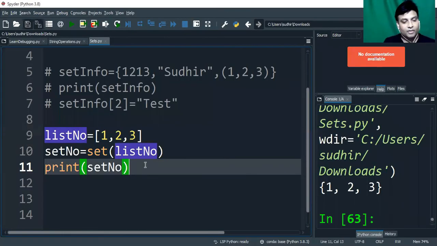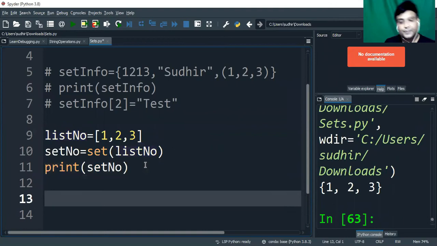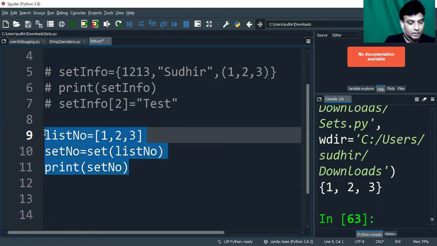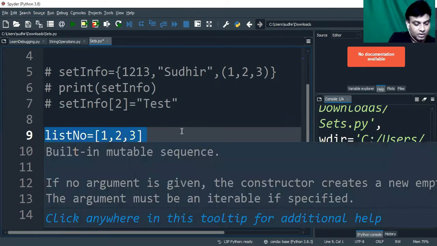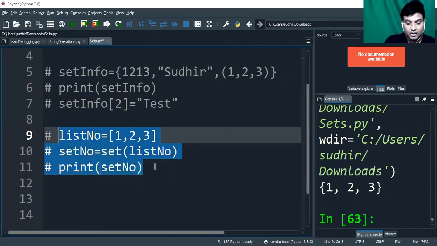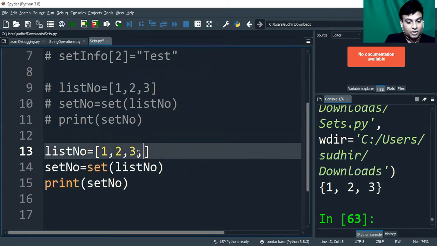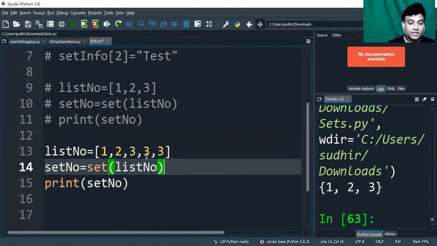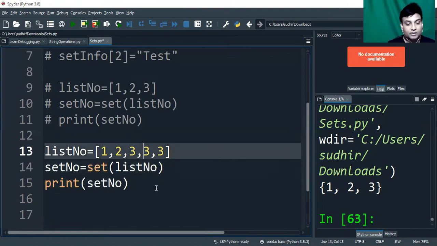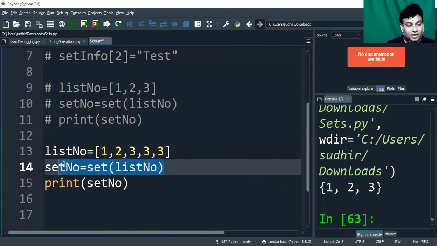So guys, let's see one more important thing about sets. Sets always consider unique elements. For example, in this list, suppose there are 3 elements. How many times is 3 repeated over here? 3 times, right? And if I try to print this set of numbers, what do you think?